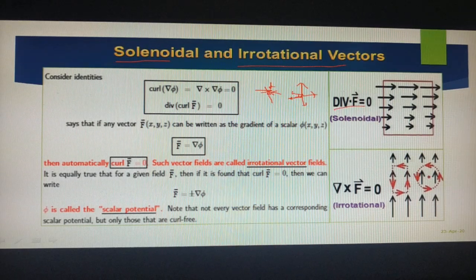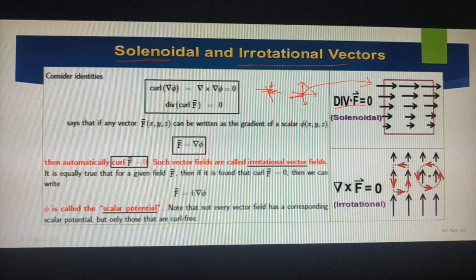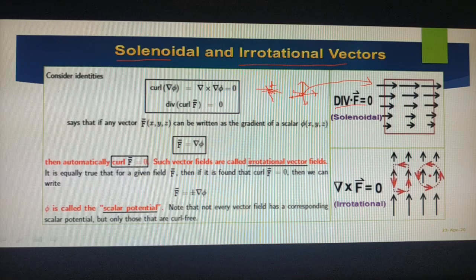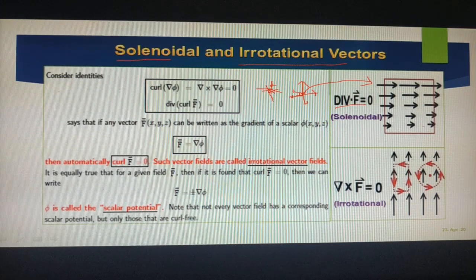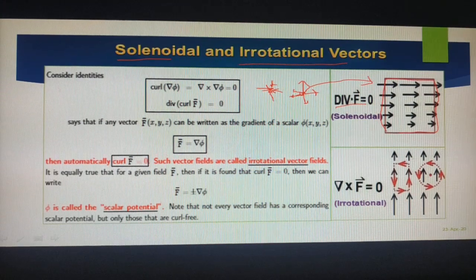When it happens at the same point, I just zoomed here. So I took a rectangle. I'm sending some vectors to this area, because it is two-dimensional. Whatever size vectors are going inside, the same size is going outside, isn't it? Same size vectors are coming outside. That means there is no change in the flux at this particular point. So the rectangular box I consider as some point. At some point divergence has not happened.